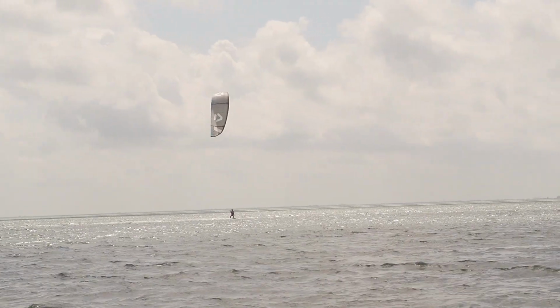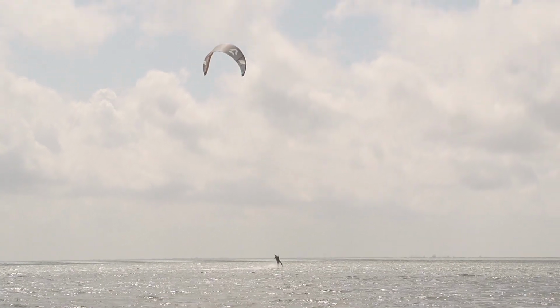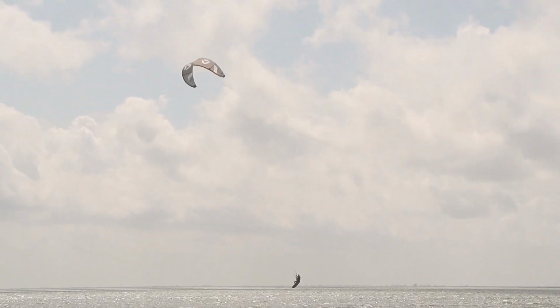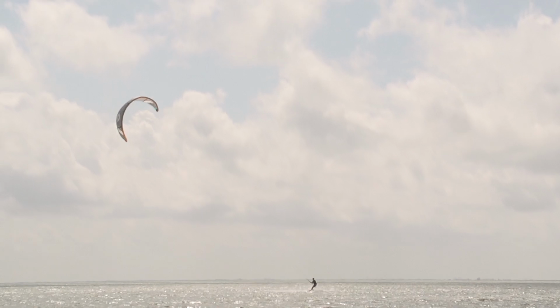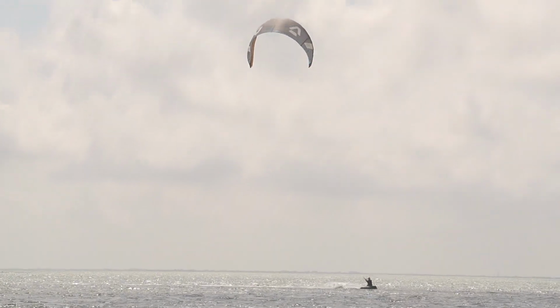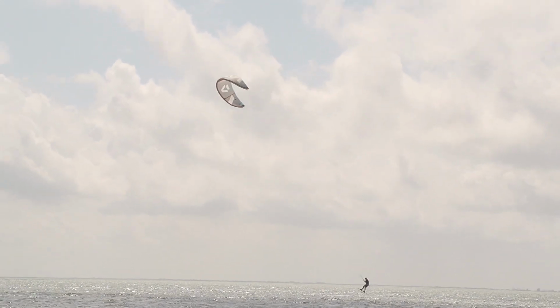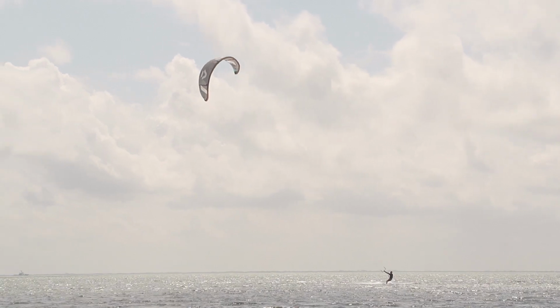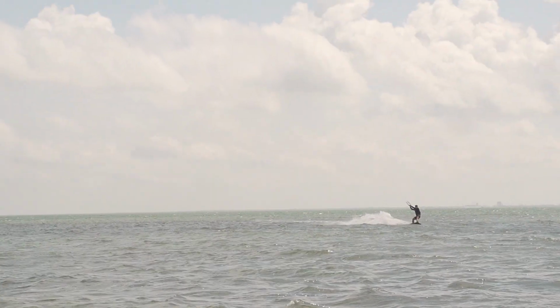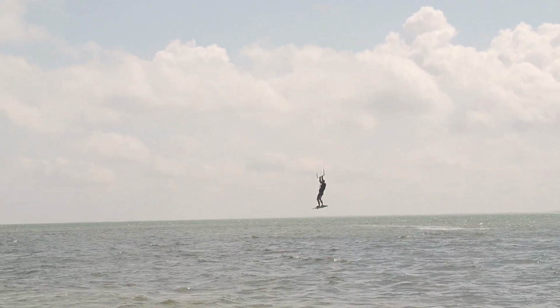And as soon as the wind would gust up a little bit closer to the higher end of that range, maybe around that 10, 11, 12 knots, I was pleasantly surprised at how well I was able to turn the session around and actually jump and do tricks. And I think that's what's most notable about the D-Lab is, aside from the fact that I could keep the kite in the sky with minimal effort because there wasn't a whole lot of canopy there or other materials weighing the kite down, making it want to fall or backstall when the wind was super light,